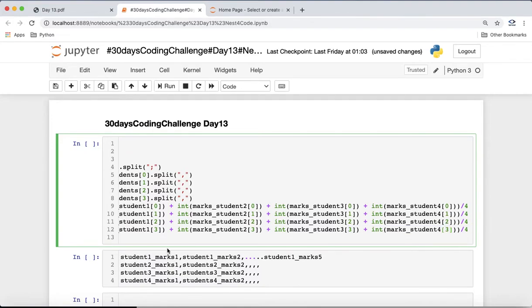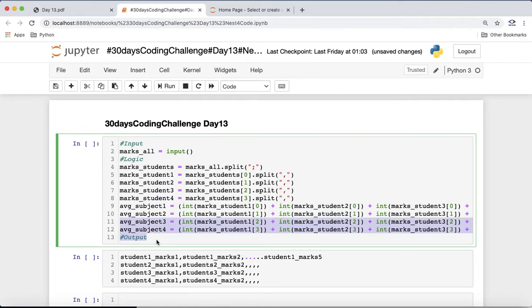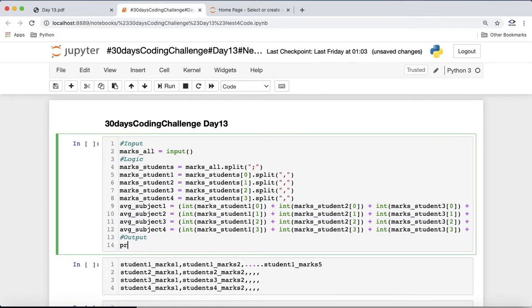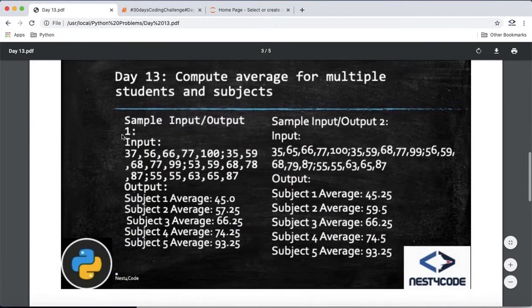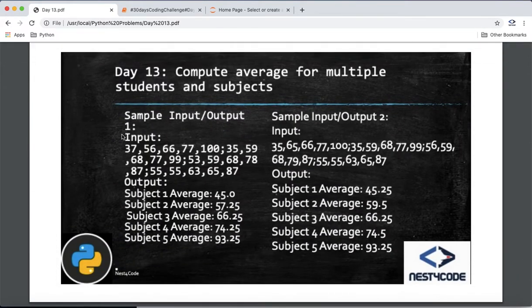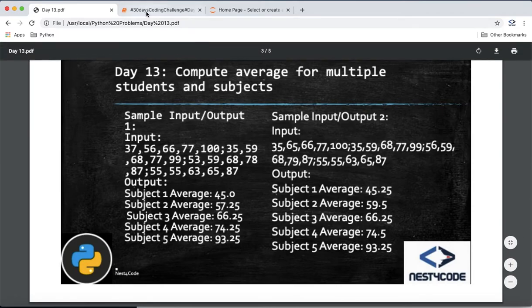Okay guys, and what will be the output? The output will show the average marks for each student. Whenever you have confusion about how it's going on, you can try to print these in-between things also, so you'll get a better picture. Let's see something about the output part, like if you want to match the output part. It's like subject 1 average, subject 2 average, like this we have to do it.